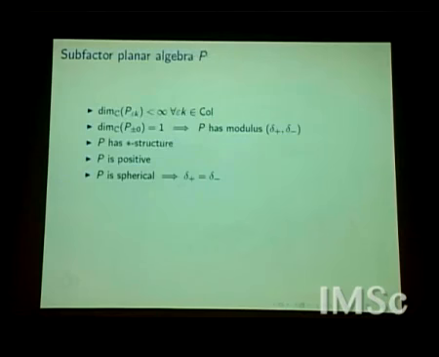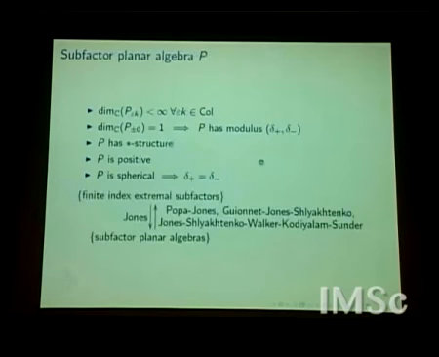Spherical means that the tangle is spherically invariant. So the action of a tangle, if you put it on the sphere and turn things around the sphere, does not change. That says that these two modulus should be the same. Now, a planar algebra satisfying all these conditions is called a subfactor planar algebra, and what Vaughan Jones proved in his 1998 paper is